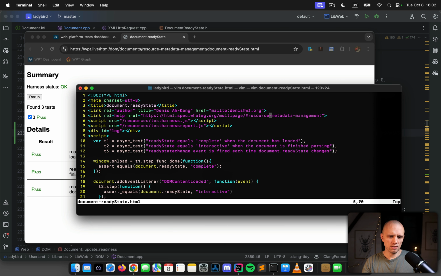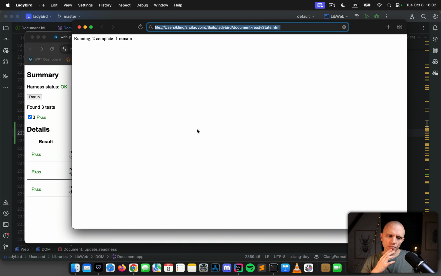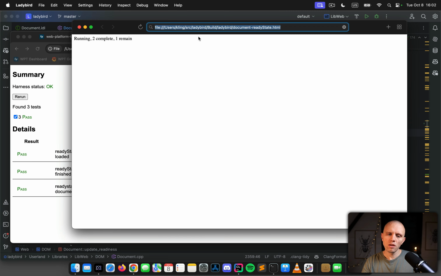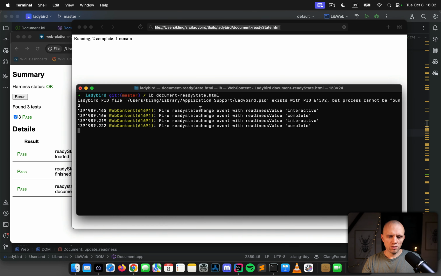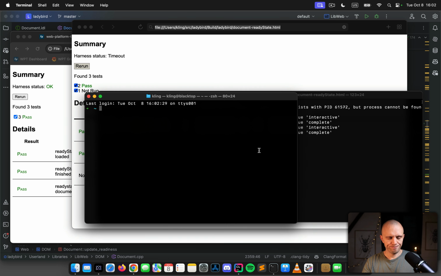So we'll just tweak these a little bit here. No big deal. Okay, now we can run it locally, which is nice because then we can hack the test. Okay, so we are firing the event, which, what